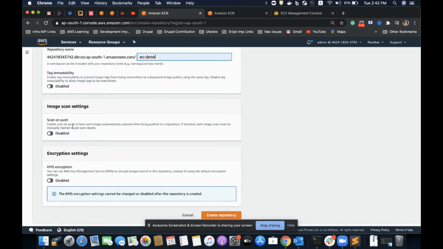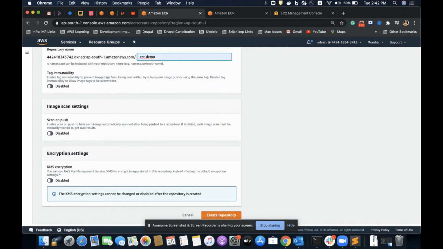Then this setting is to scan my repository at every push. This scan will check against the vulnerabilities I have in my repository, and the last one is KMS encryption. This is to enable encryption on my ECR.